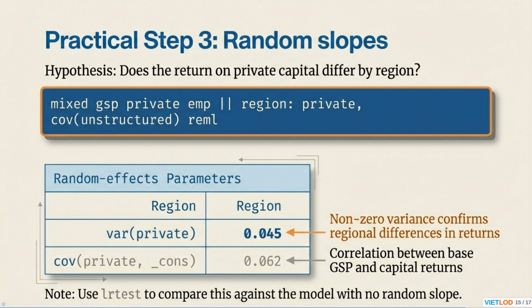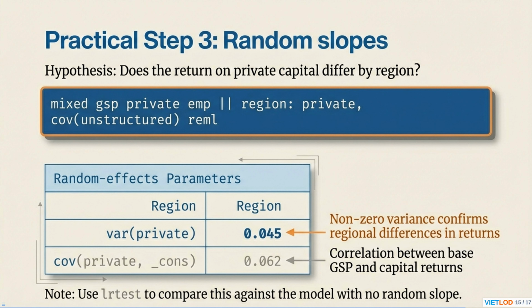We've confirmed the overall average effects. Now let's explore if these effects vary across groups by adding random slopes. The hypothesis we're testing is whether the return on private capital differs by region. We implement this in Stata using the mixed command: mixed gsp private emp || region: private, cov(unstructured) reml. Here, private is added as a random slope at the region level, and we specify an unstructured covariance for flexibility,